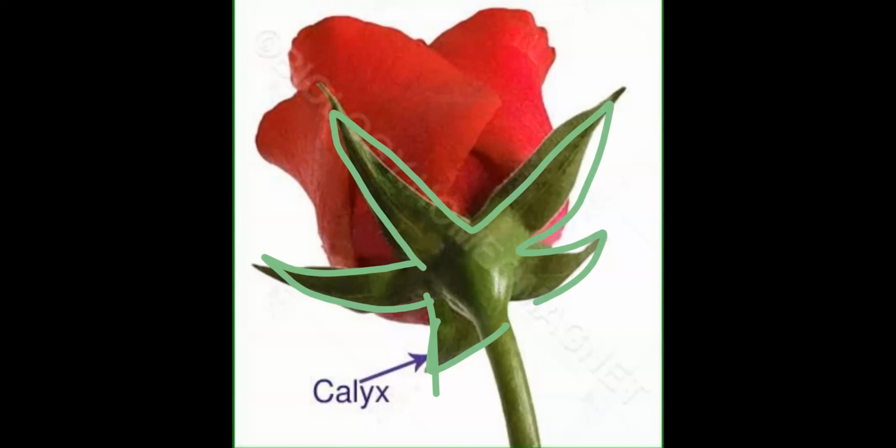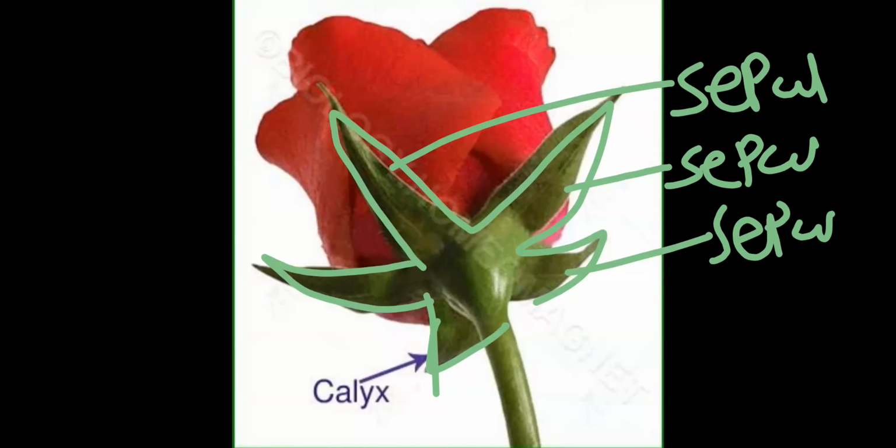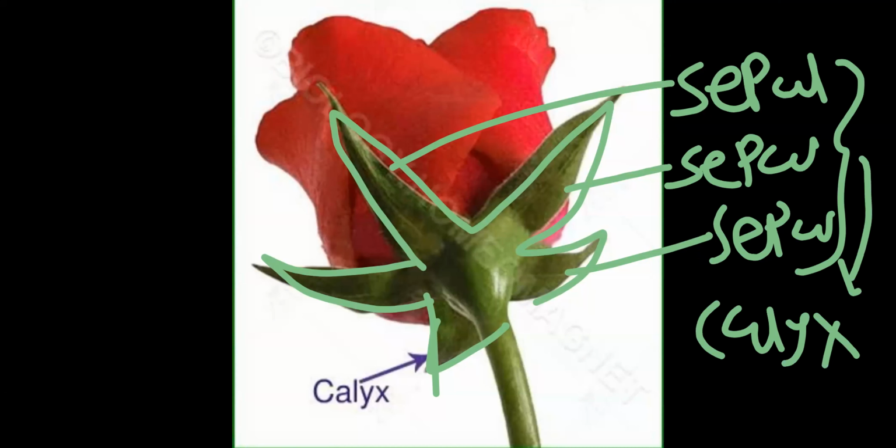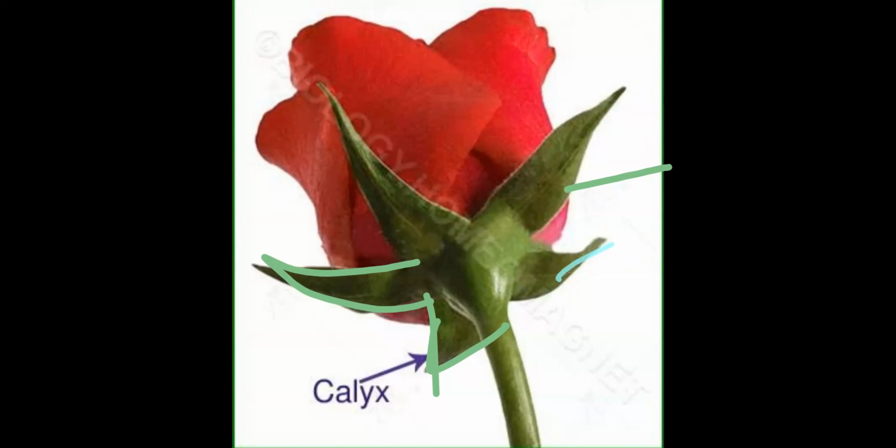This structure we call calyx. The entire whole we call calyx, and each single unit we call a sepal. This is one sepal, another sepal, a third sepal, right, like this. Together the sepals we call the calyx, and the individual unit we call the sepal. So now we are going to discuss this calyx. Remember calyx. Here is one more diagram. Let's first see, then we will go on.